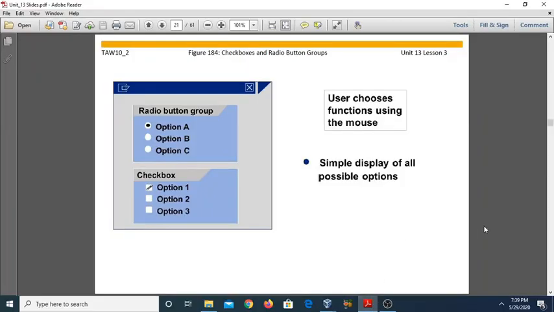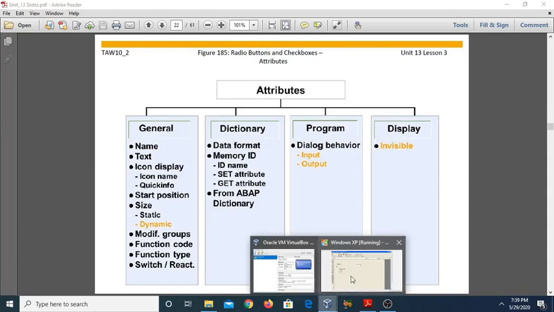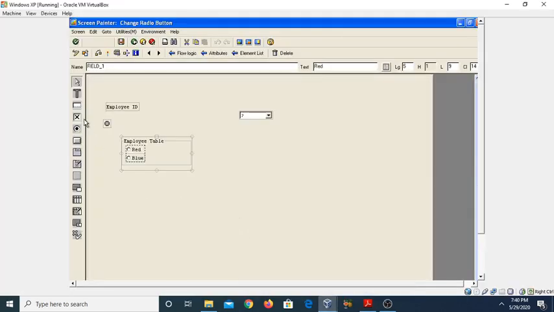Now come to the next topic. These are the attributes of the radio button as well as the checkbox. I forgot to tell you about the checkboxes. In a similar way, you can also create checkboxes. And again, if you want to make a group of it, just select the box from the screen elements list, and select the checkboxes.